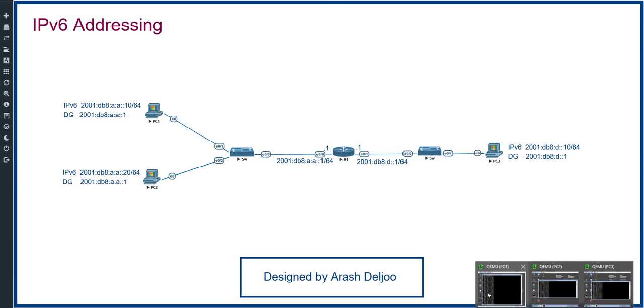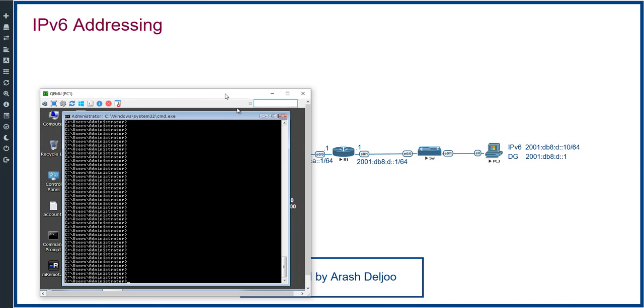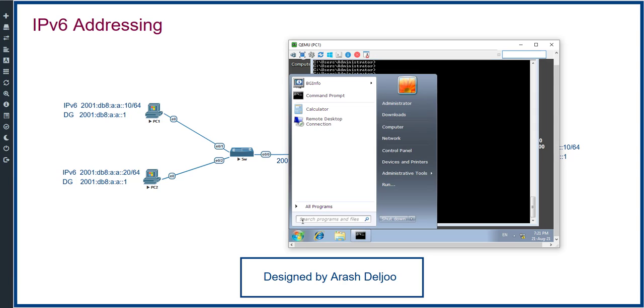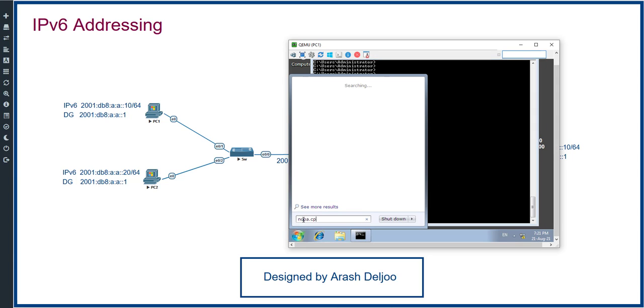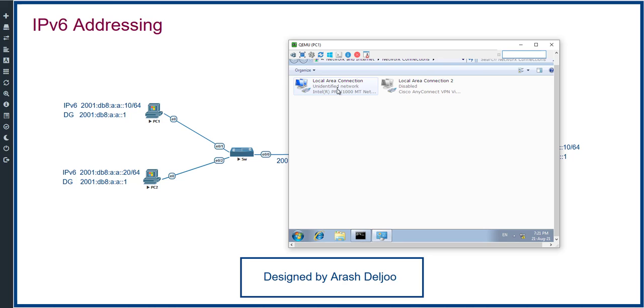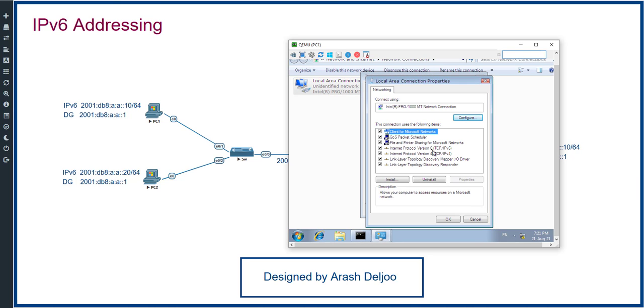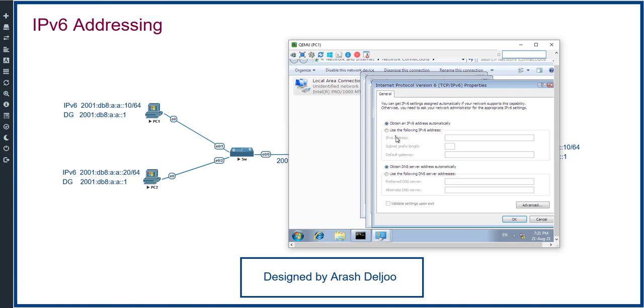Here we have three computers. This is computer 1, or this is the PC1. Let me assign the IPv6 address of this PC. It is so easy. Okay, first we should go to the network connections. This is the network connection in this system. You know that here I'm going to assign the IPv6 address. Because of that, we need to click on the internet protocol IPv6, and then here I'm going to assign the